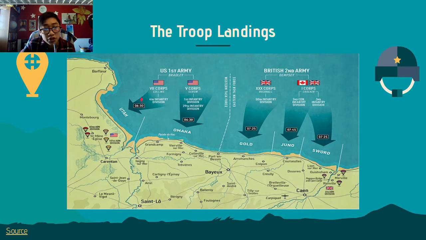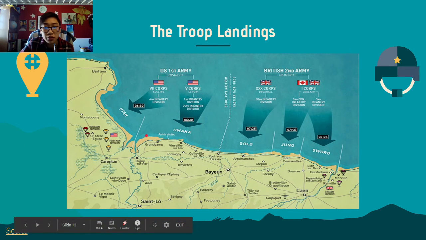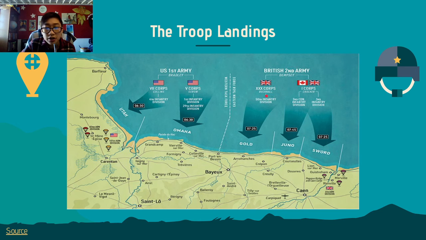So going to Utah Beach at 6:30 a.m., we had the 7 Corps, led by Collins, which consisted of the 4th Infantry Division from the U.S. Army, and then we also had the 5th Corps going at Omaha Beach at 6:30 a.m., which consisted of the 1st Infantry Division, as well as the 29th Infantry Division, and that is it for the Western forces. And then on the Eastern Front, we have the British and the Canadians. We have the 30 Corps going with the 50th Infantry Division at 7:25 a.m., and then at 7:45 a.m., going